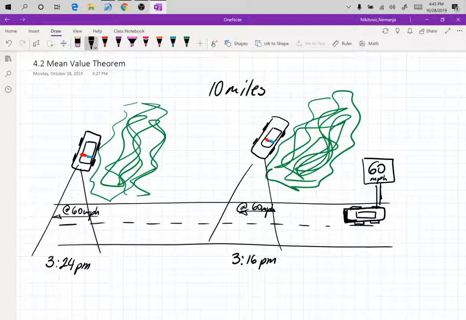Do we have anyone in this situation? Or do you know anyone who was in a situation? I got a speeding ticket in the mail. I was never pulled over. This must be a mistake. No? Yeah? Okay. Because in my other Calc 1 class, no one would admit to it.